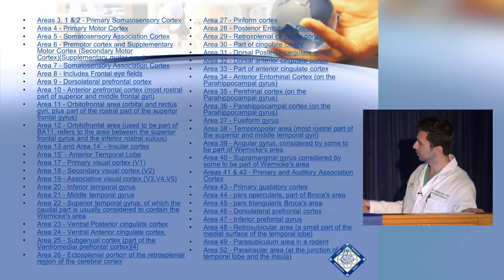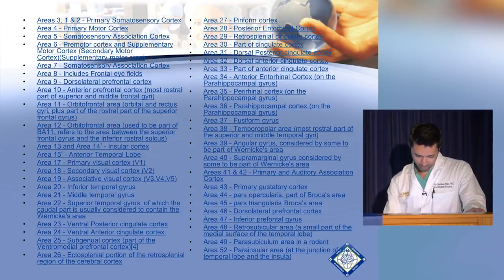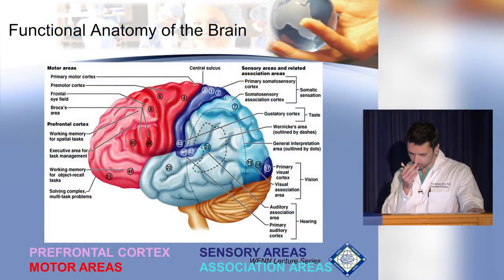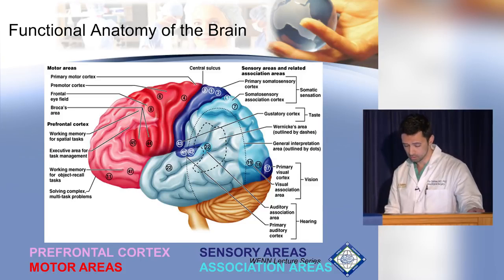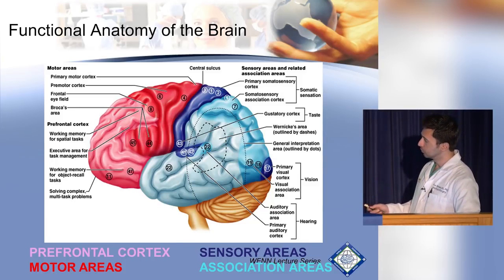But this will be on the exam, so it's a very important way. I think the more useful way to look at brain anatomy, and what we try to teach our trainees here, is to really look at the anatomy functionally rather than structurally. So I think it's very useful to look at the frontal lobe of the brain and to think about an